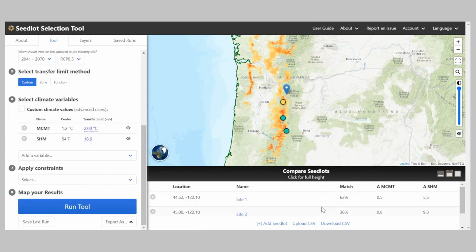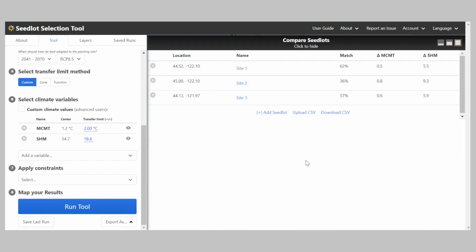You can see that the tool has calculated the percentage match, and it also shows the difference in these climate variables from the site. So if we maximize this, we can see that site 1 here is a 62% match, site 2 is a 36% match, site 3 is a 57% match.